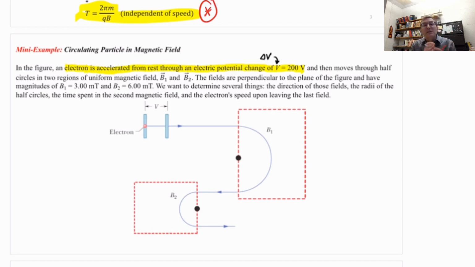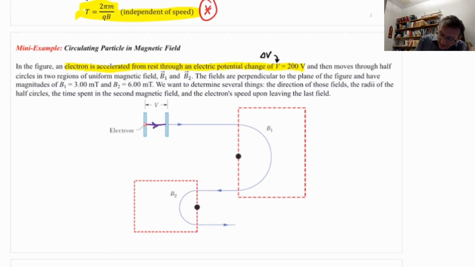Okay, so an electron is accelerated from rest by an electric field, and therefore an electric potential difference, and the direction of that acceleration in this particular diagram is that way. It must mean, by the way, that the electric field in here is opposite, right? Because it's an electron with negative charge. But the point is, you can still use an electric field, and therefore a potential difference, to accelerate a charged particle. And the electron will leave there. You have to imagine there's a little hole carved right there in that plate. And the electron can then exit